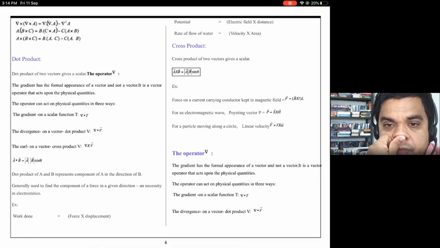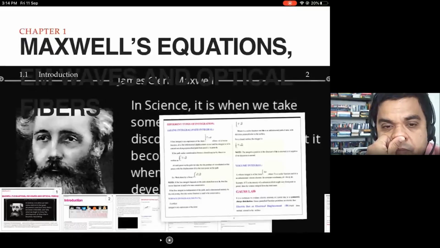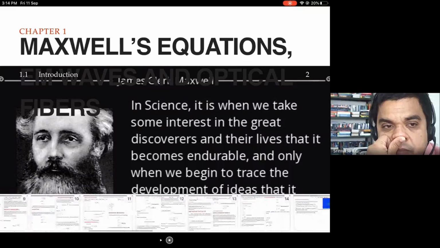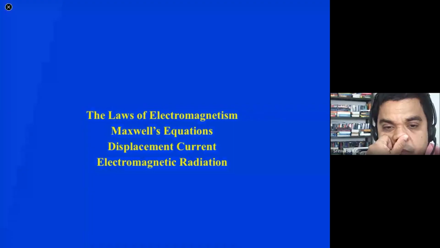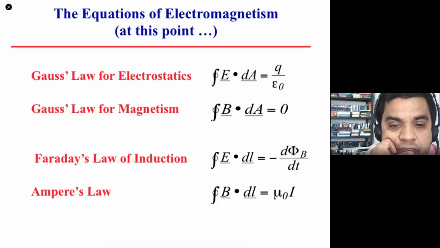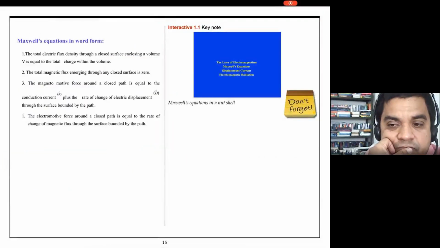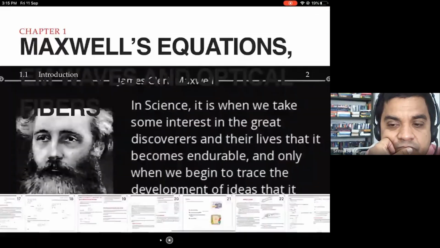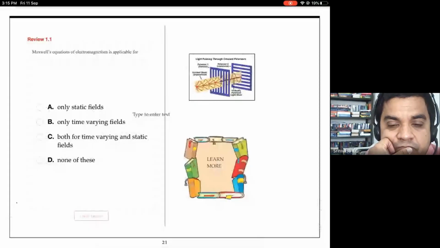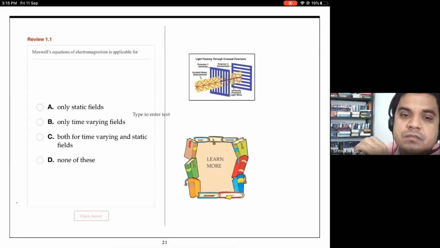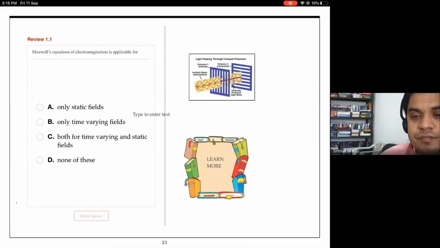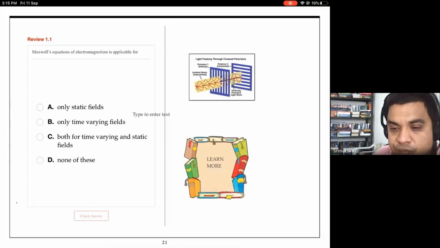And once it is done, you will also have the interactive sessions. I'll just bring it to your notice, sir. We can keep adding; this is a keynote that is added to make this entire module in a nutshell, just like PPTs. We also have an option to create a quiz. Most traditional books, once we mark the answers, that mark remains there. But here, you can keep on reconfiguring it and keep going with new answers. For example, Maxwell's equations of electromagnetics are applicable for